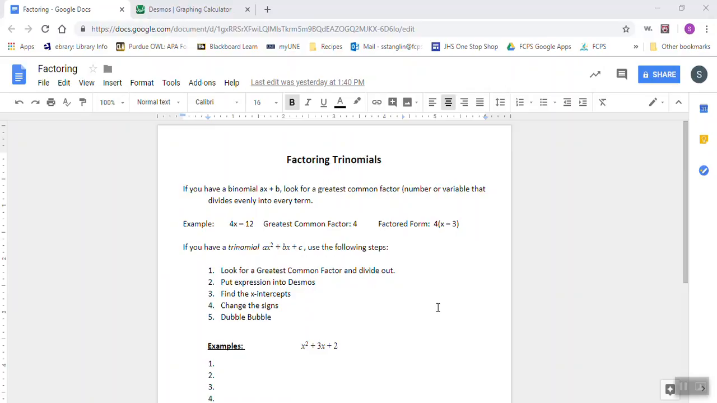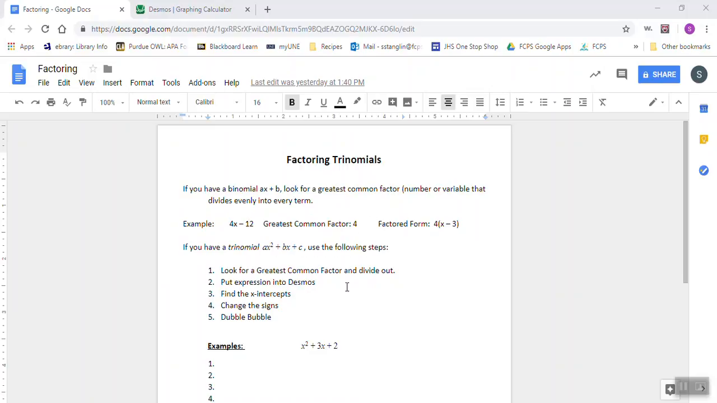In this video, we're going to talk about factoring trinomials. If you have a binomial, ax plus b, you look for a greatest common factor, which is a number or a variable that divides evenly into every term. So for example, if I have 4x minus 12, the greatest common factor would be 4 because I can divide each of these by 4. So once I divide the 4 out, 4x divided by 4 gives me x,